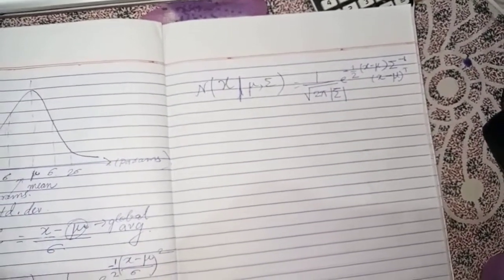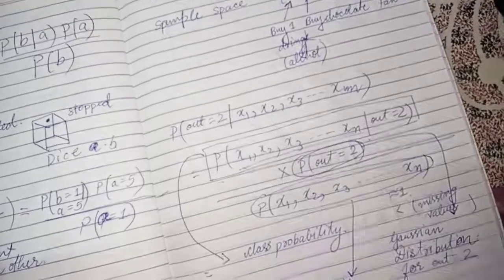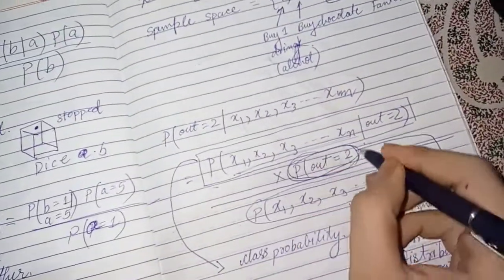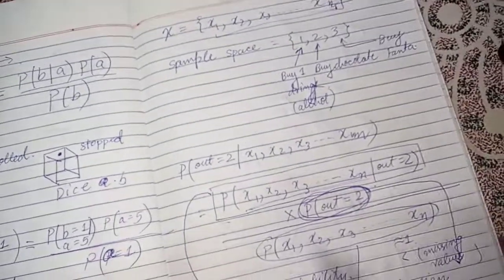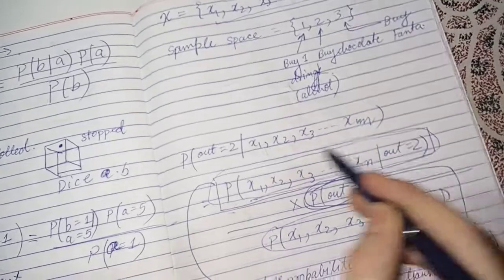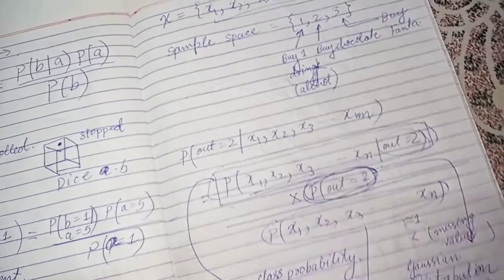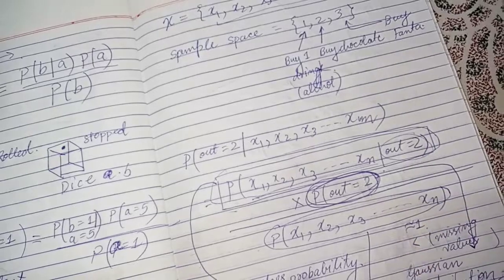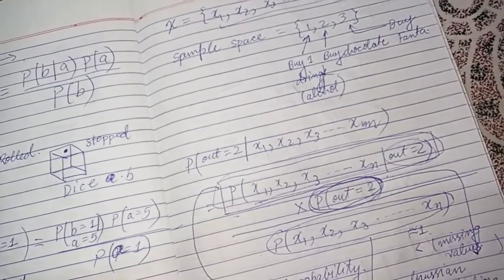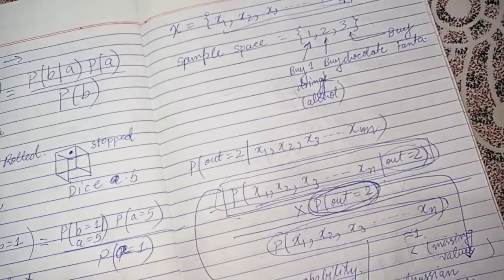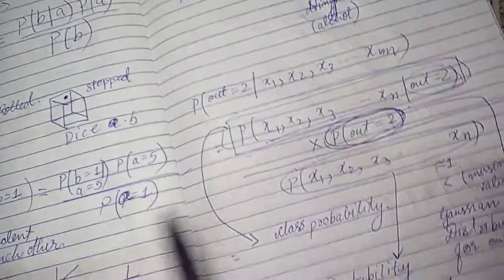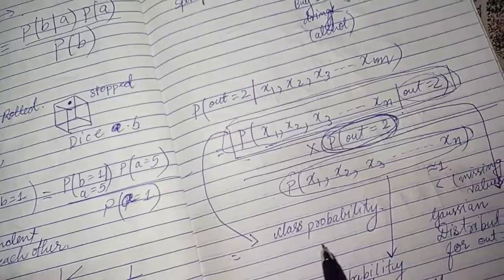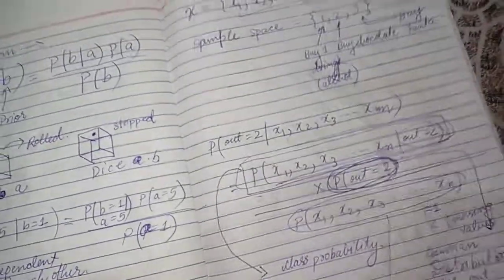So now coming back to the previous page, this is going to tell you how well your given set of points is going to fit into the distribution. This tells you the probability that the value of the class is 2, which also indicates how frequently the class is found in the whole data set. That is the class probability divided by the probability that your data set is complete and there are no missing values.